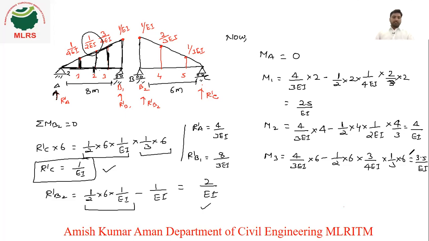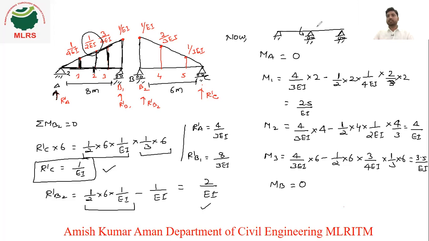So similarly we will calculate now MB, at MB also it will be 0. If you calculate for MB, you will get 0, because whatever value you get for MB1, the same value you will get for MB2, but in the opposite direction. You can calculate also, otherwise adding both it will be 0 only, because we have given the unit rotation at this point. Here it is 1, and here it is -1. If you take this as positive and this as negative, the total will be 0 only. Initially we have taken, I will show you, so that no need to calculate.